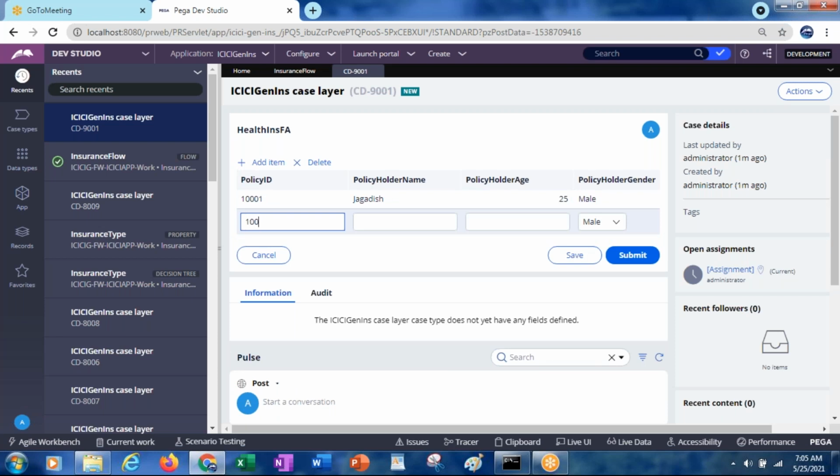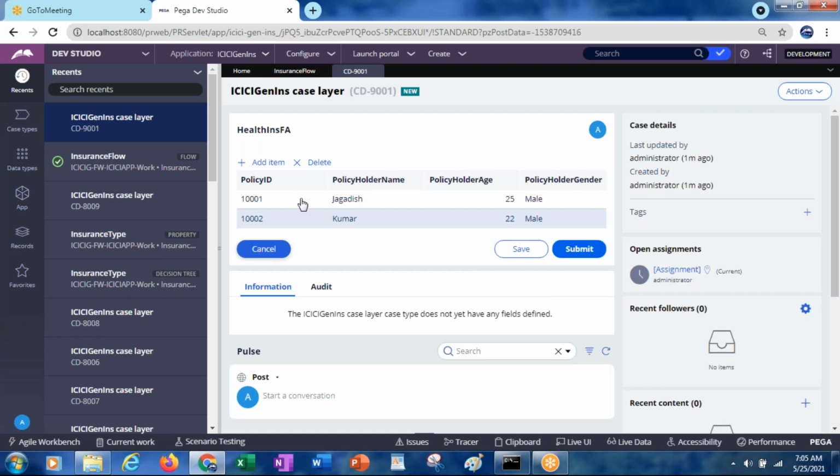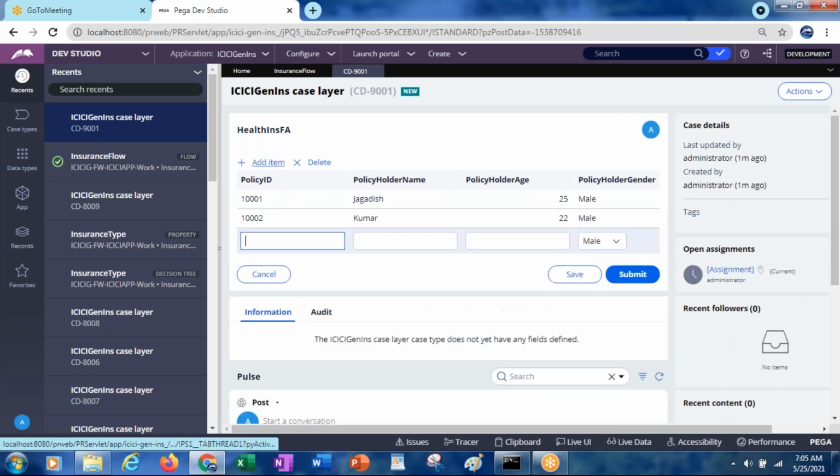Okay, so 1002. Like this, if you want to add one more item, you can add the records. Okay, so likewise you can add.